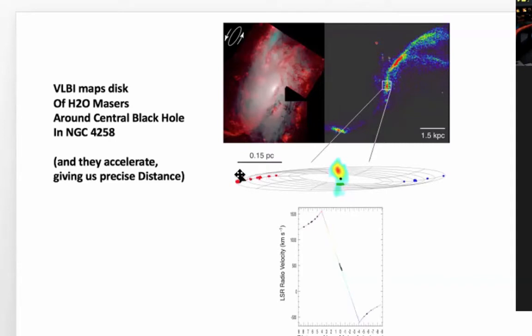These little dots here are water masers, on a scale of like hundredths of a parsec. How could they possibly do that? Because water masers can be very bright and very compact. How could you observe them at this resolution? You have to use the entire platform of the Earth for very long baseline interferometry. All of the water masers on the east side of the galaxy are redshifted, with high velocity, and all of these blue ones are moving towards us at very high velocity.